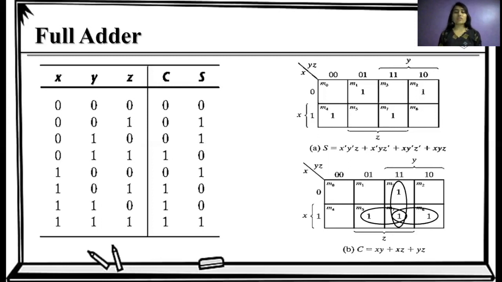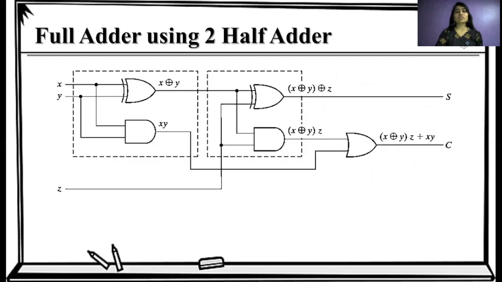So here we have an equation for sum and carry. Using these equations, we implement this logic diagram. As for sum, we have x XOR y XOR z. So here first we do XORing between x and y. So we have the x, y XORing, and then another z term is added, and then again we do XORing for the sum bit.